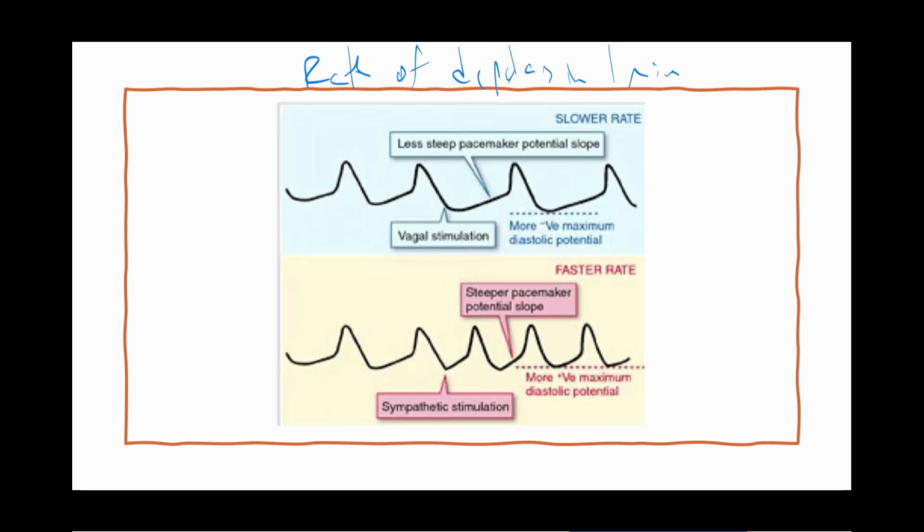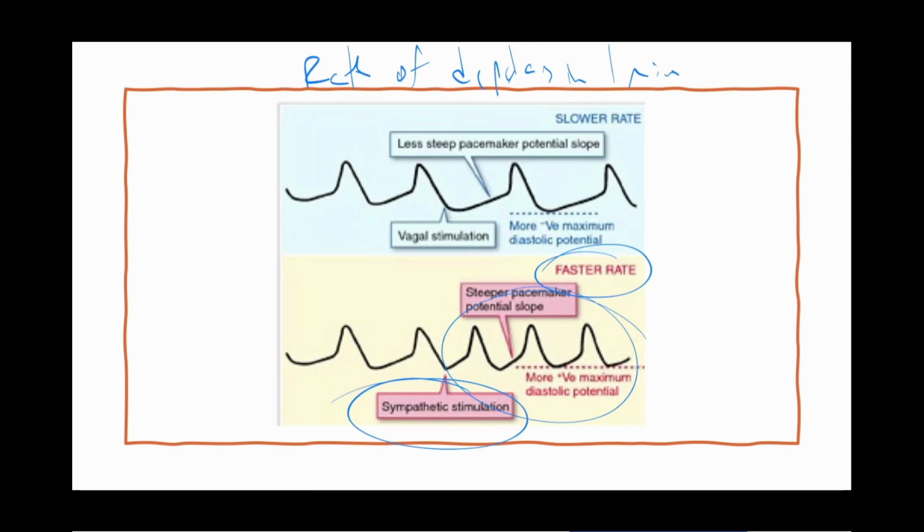So it's constantly depolarizing because the heart will beat with any beat, the SA node wins. And the SA node being 100. So when we want to increase our heart rate, increase sympathetic stimulation, we just increase the rate of these depolarizations. The SA node picks up the pace, goes faster, and it allows you to increase your heart rate, to increase your cardiac output. So all we're trying to do right now is talk about how we can increase our heart rate. Increase the sympathetic stimulation, increases the rate of the depolarizations.